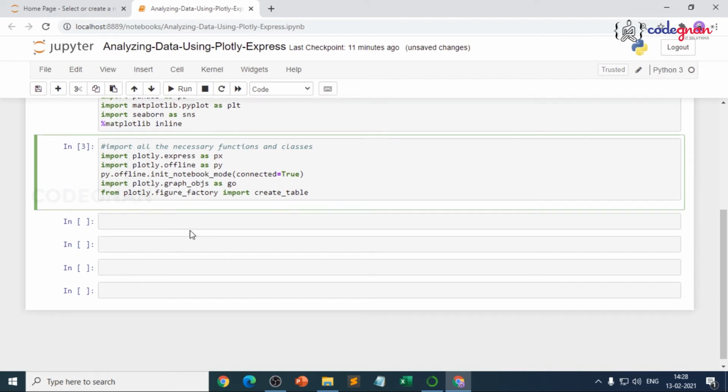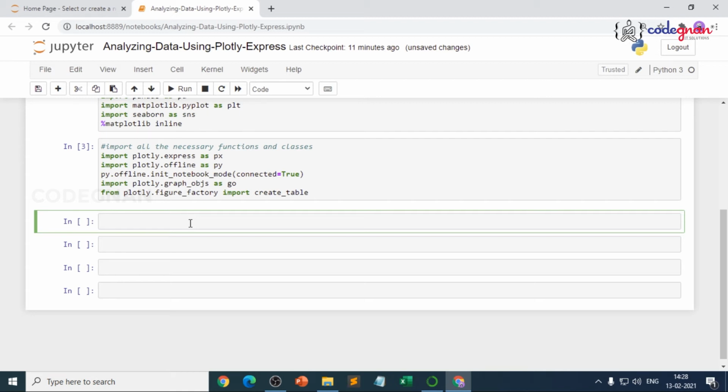Now let's get the data set. We will be using the Gapminder data, which is already present in the plotly package. To get this Gapminder data, I'll create a variable: gapminder equals px.data.gapminder.